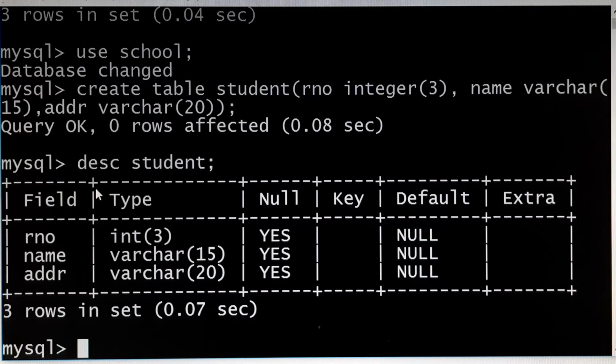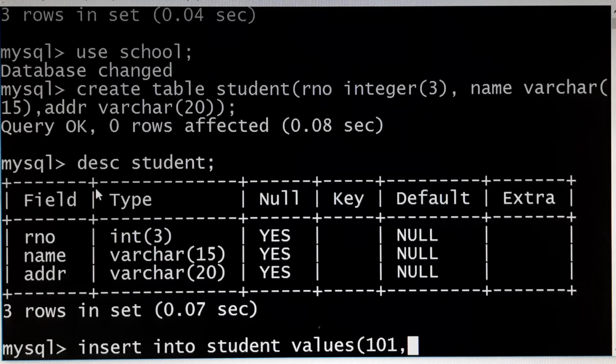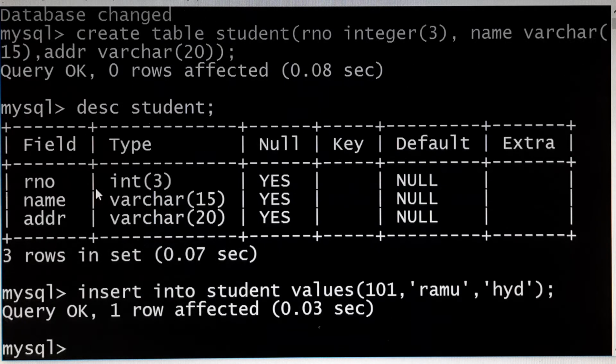So we'll try to insert values into the student table. Insert into student values. Roll number, name; always the name should be enclosed within single quotes. Say Ramu. So one row inserted.